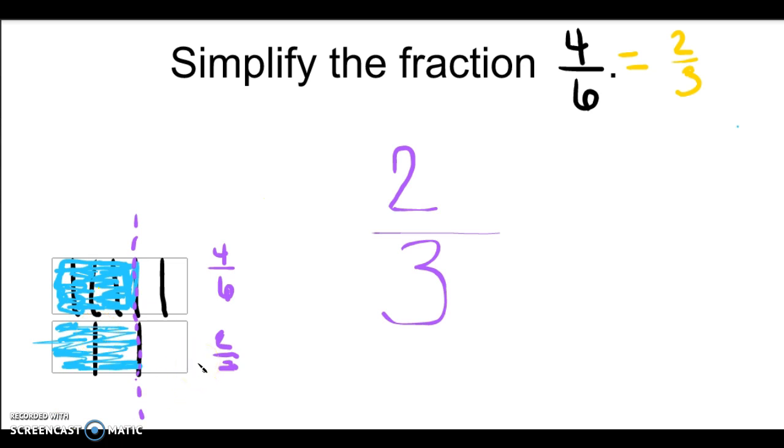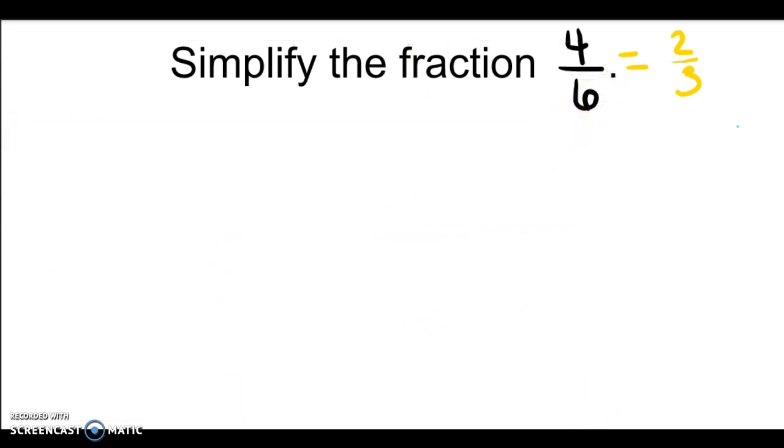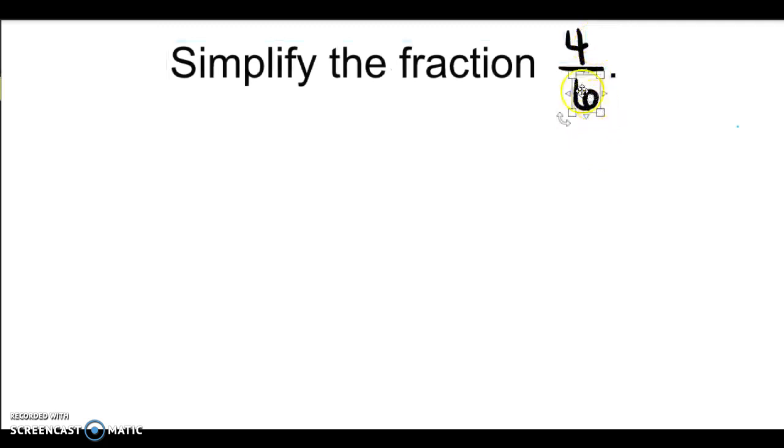So anytime you solve any fraction problem, be it addition, subtraction, multiplication, or division, you need to double check that your fraction is written in simplest form. If you feel like that's all the information you needed, you can go ahead and click out of this video. If you want to take it a little bit further, we're going to work with a slightly more complicated fraction now. Okay, so I'm going to get rid of 4/6, and I'm going to make a fraction, let's say